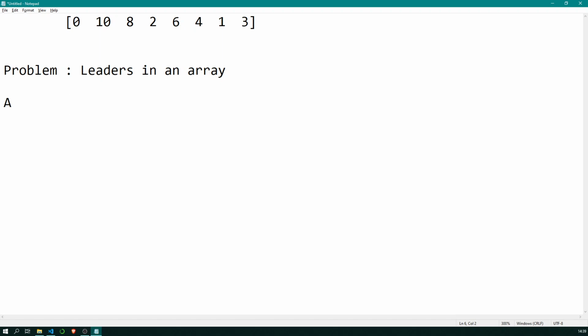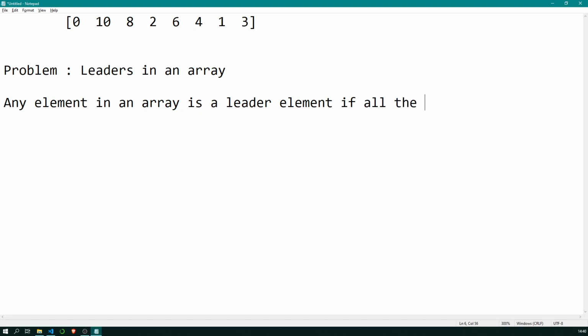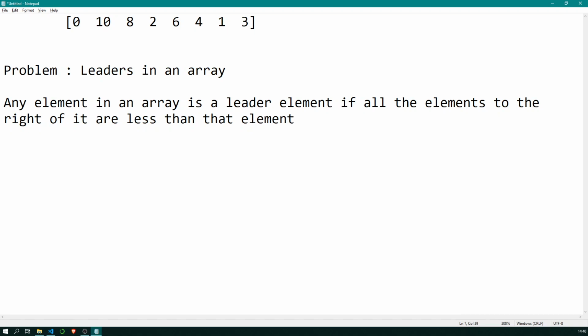Okay, so what is the problem, let me tell you. Any element in an array is a leader element if all the elements to the right of it are less than that element.